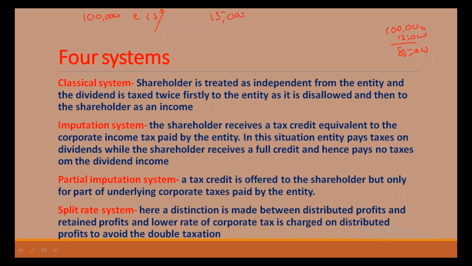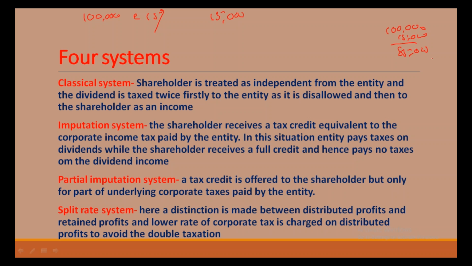Now what is a net dividend? Whenever a company pays a dividend, the companies are required to deduct a dividend tax, and that can be any rate. Let's assume the dividend tax is